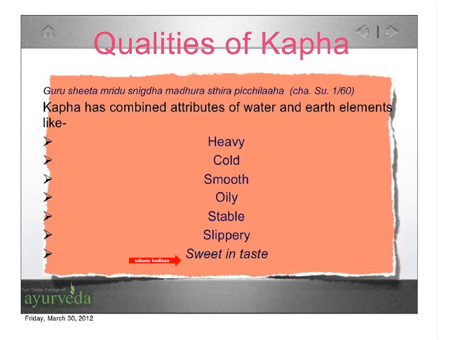The digestion is divided into 3 stages: the Madhura Avastha Paka, Amla, and the Katu. So the first stage of the digestion is the sweet stage of digestion, and the kapha property, the sweet taste of kapha, is manifested in the sweet stage of digestion, or it can be manifested also in the form of the sweet taste in the mouth, especially when the kapha is highly aggravated, when the kapha is highly increased in the body. Sometimes we might feel the sweet taste in the mouth. That is the manifestation of the sweet quality of kapha in the body.